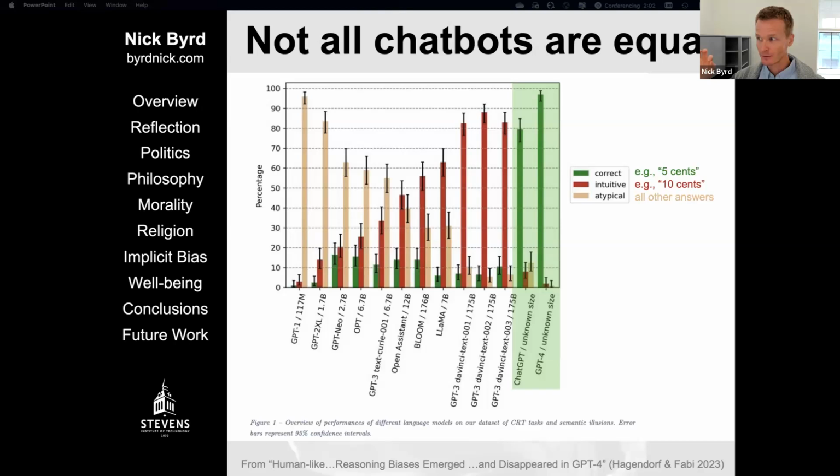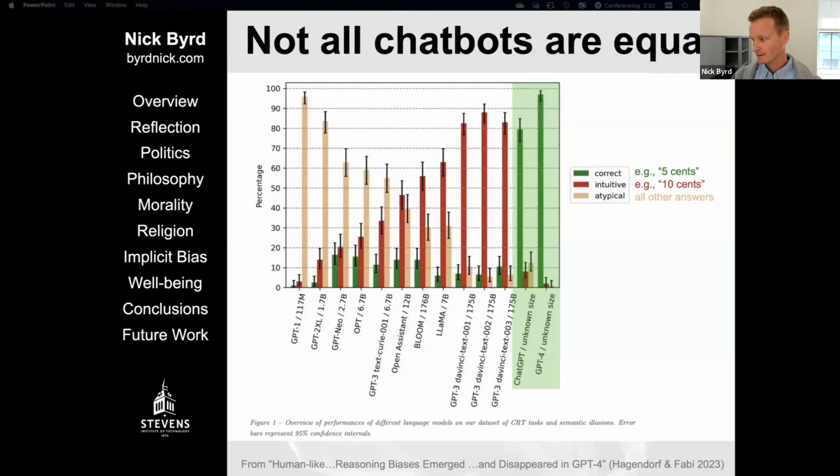It learned the particular incorrect answer that most humans give to tests like this. And then between GPT-3 and GPT-3.5, and the next iteration, ChatGPT and GPT-4, it immediately seemed to correct for all those errors. And now it almost perfectly performs on this kind of test,